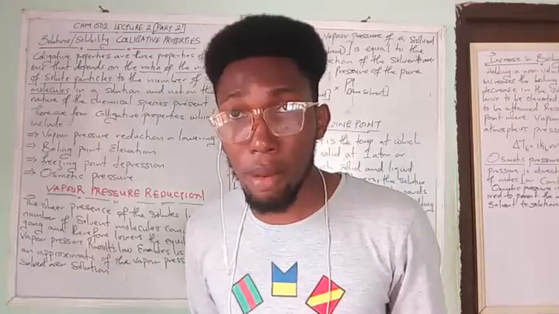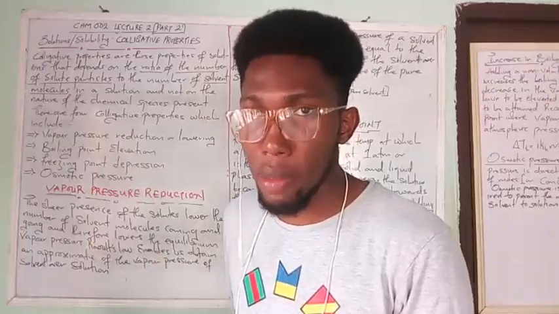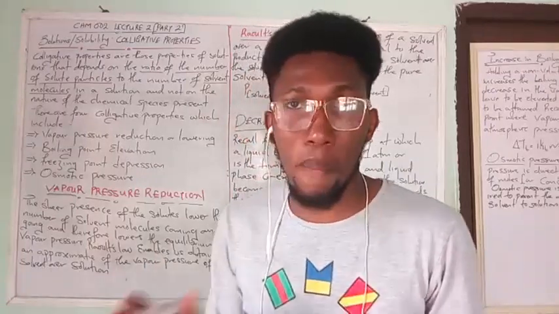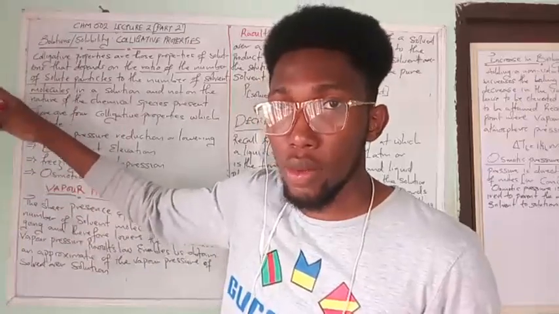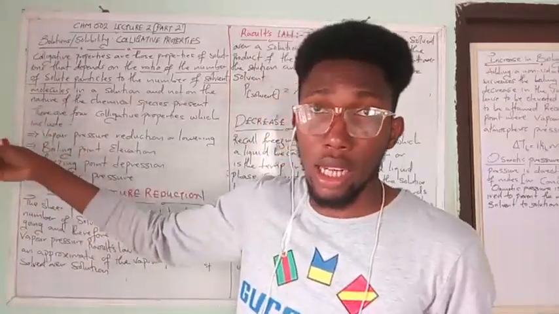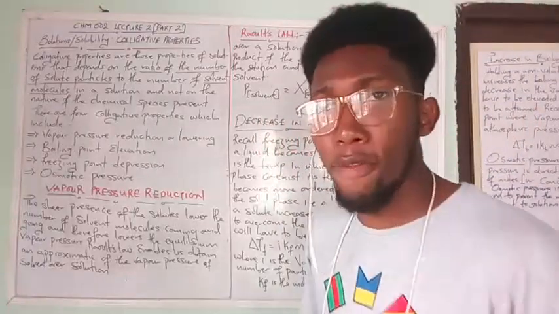Colligative properties have nothing to do with the nature of the chemical species. It just depends on two things: the solute particles and the solvent molecules. Now, in general, we have 4 colligative